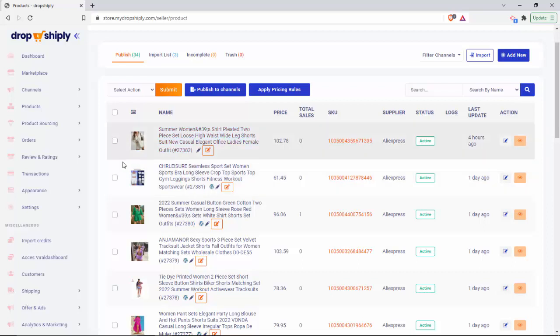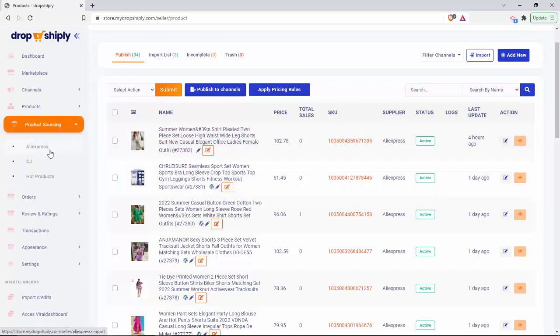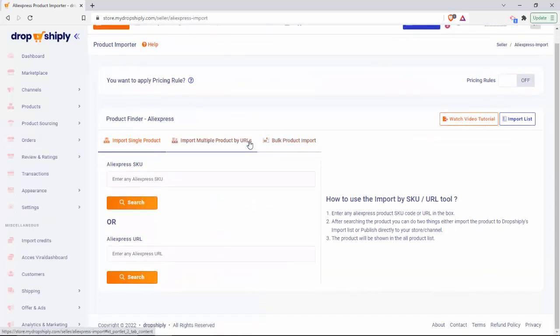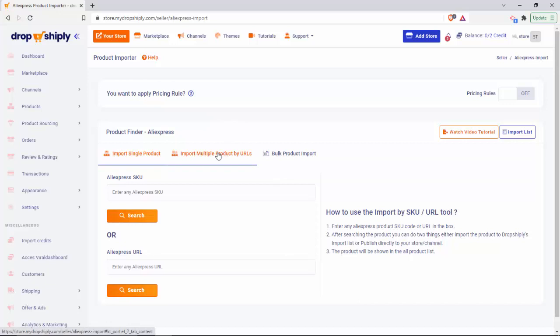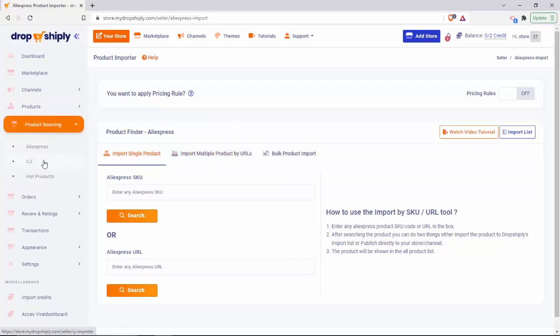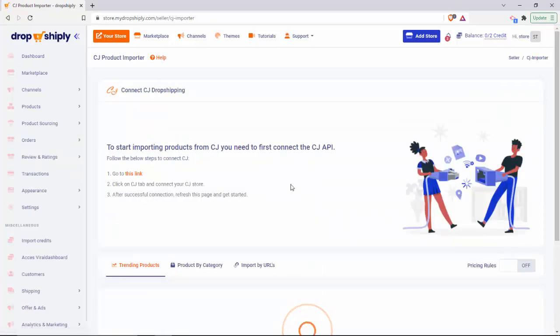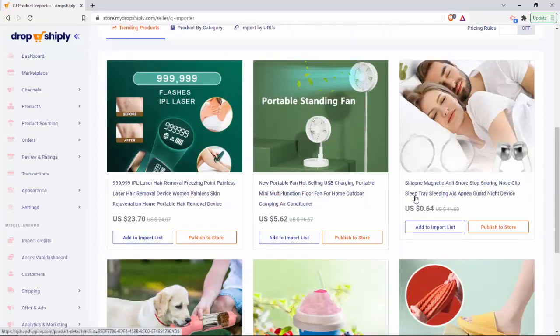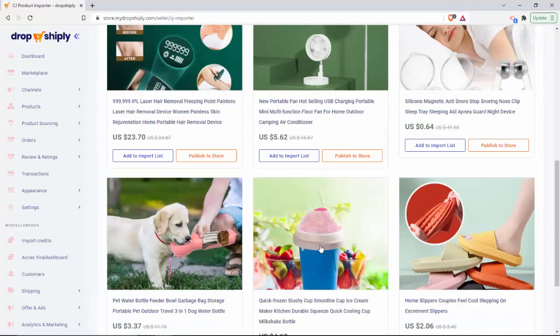Okay, product sourcing, you can import. This is where you'll source products from different places. Okay, so we still have AliExpress, which is gigantic. It's an amazing source, but you don't need to dropship from China if you don't want to. Because as I said, we also have a new addition like CJ, which is pretty good, and we're gonna be adding also many US suppliers as well. Okay, and as you can see right here, there's a ton of different products from CJ that you can import